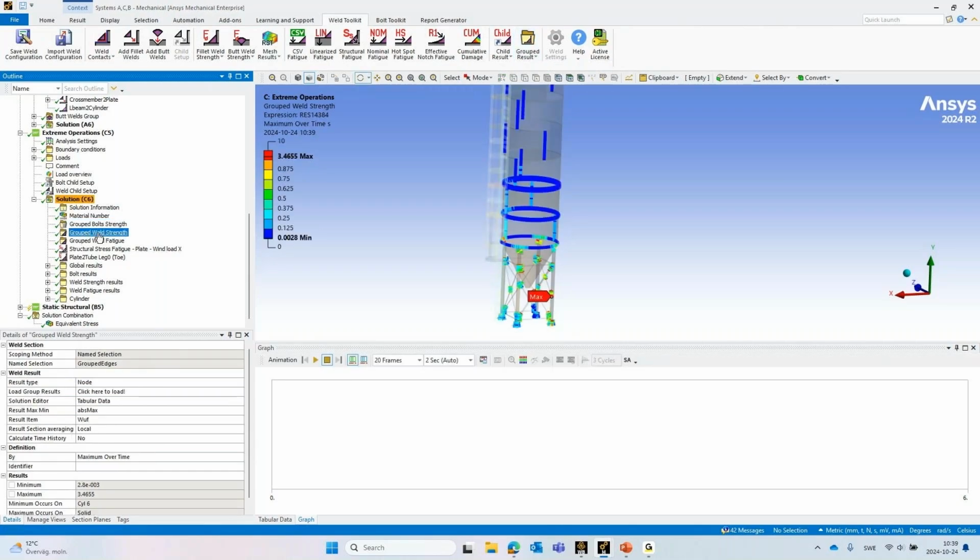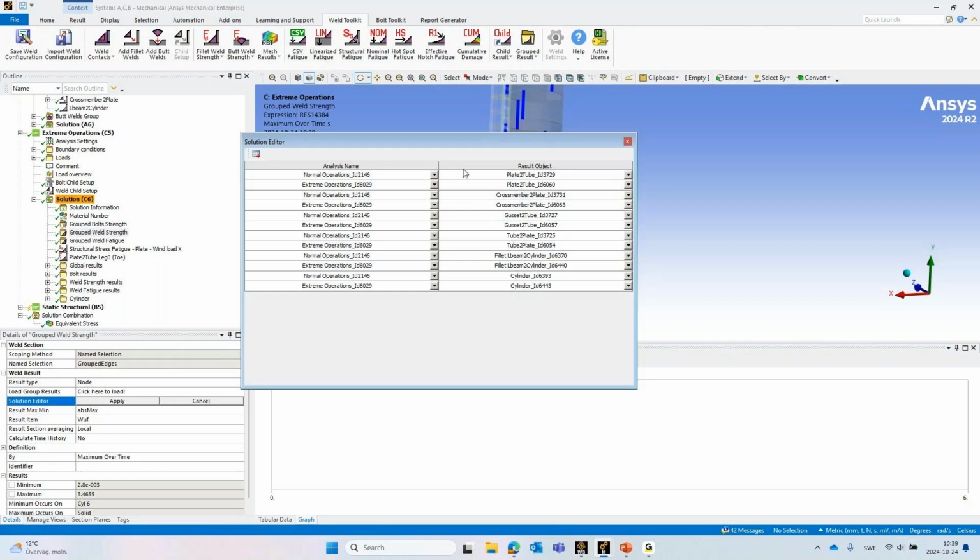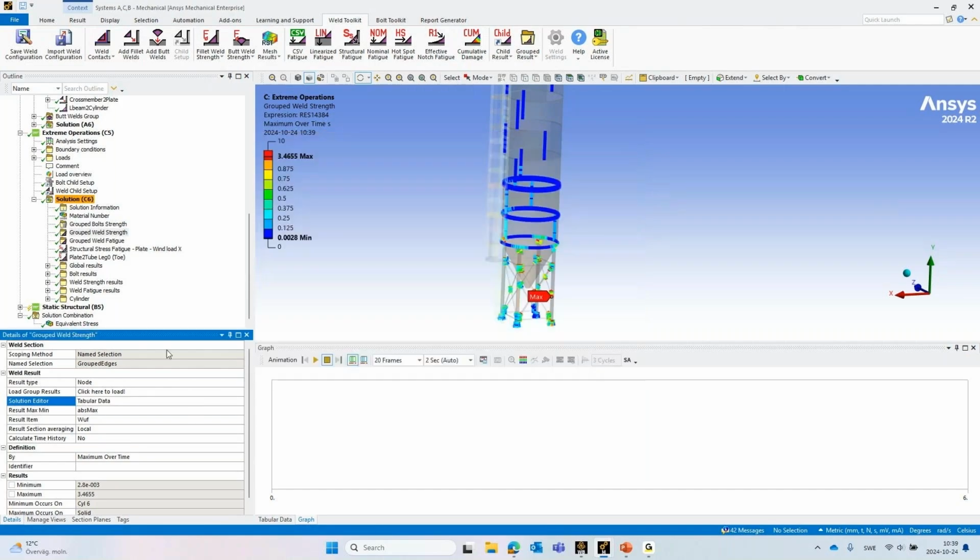So a grouped weld strength result, I can then select the analysis, and I select the result from that analysis. So here we have then for each of the weld groups, one from each analysis, building up this table, and